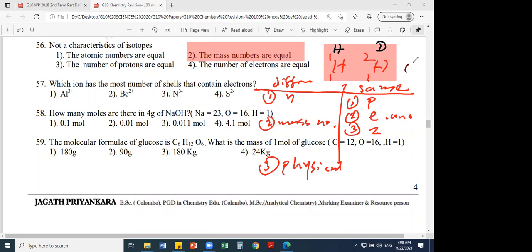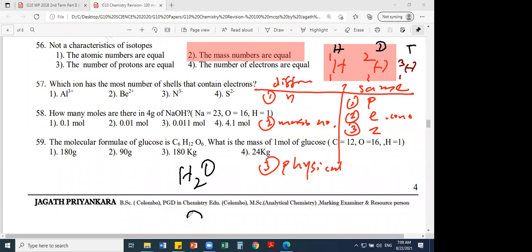So if you make water from the second isotope, that water will be heavier than the normal water. You understand what I'm saying? So if I write here D2O, if you take D2O, that is water made from the second isotope. It's rare, but nearly 99.99% of the water that you are drinking comes from the first isotope.